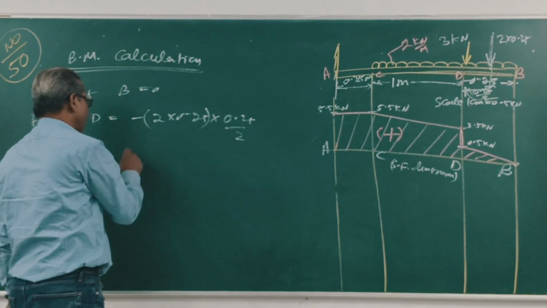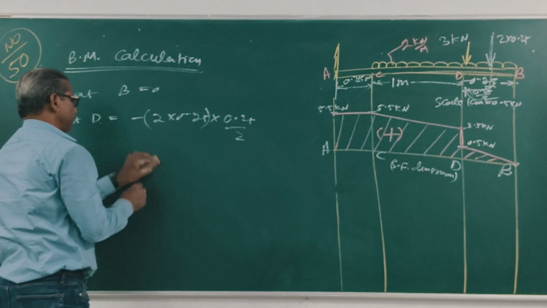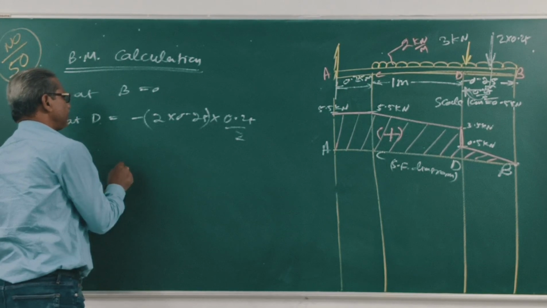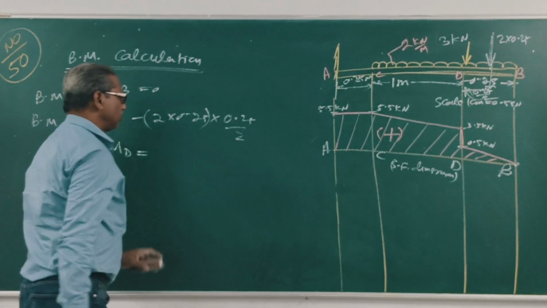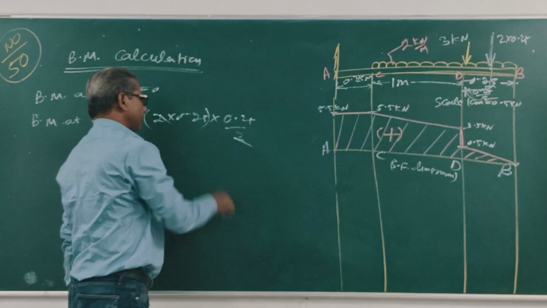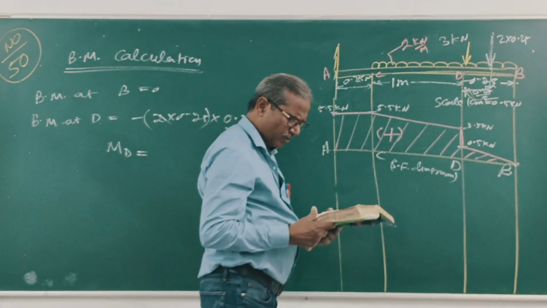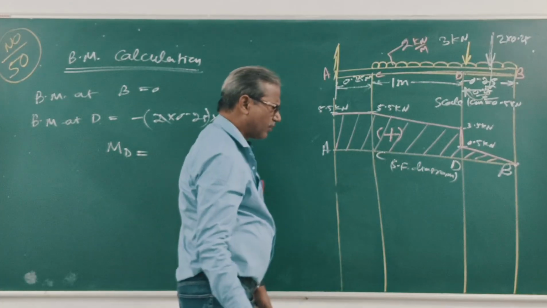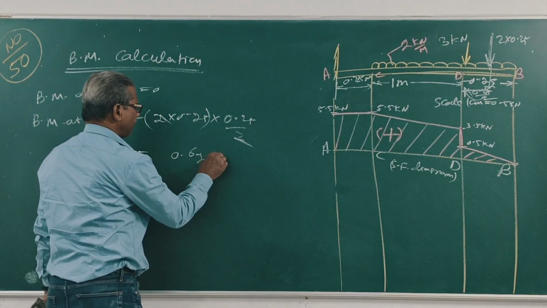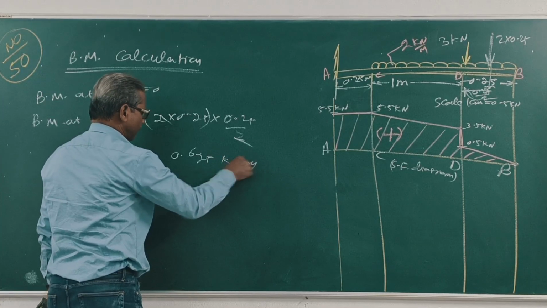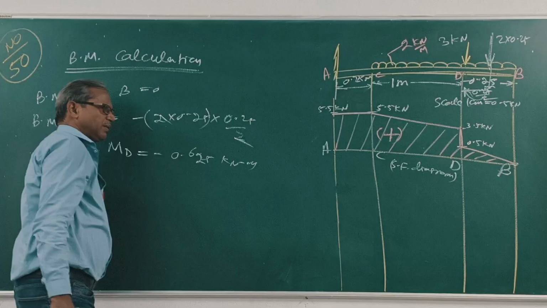Clear? This is MD, BM at D. So MD is equal to 2, 0.25 cancels out, 0.625 kilonewton meter, minus. Then at C,